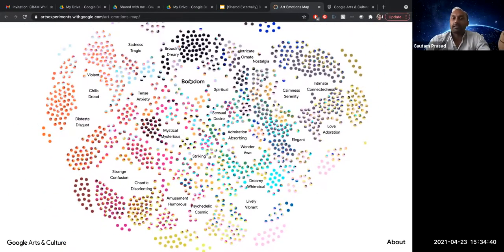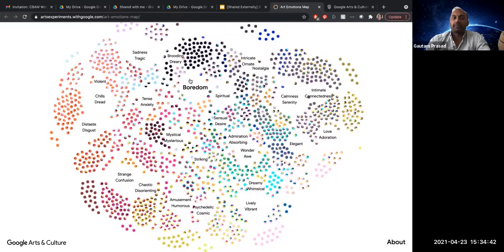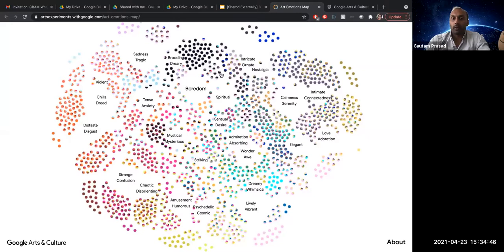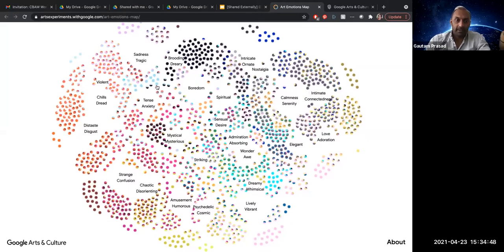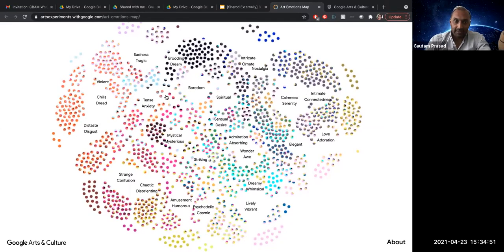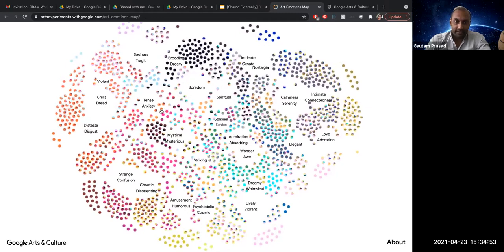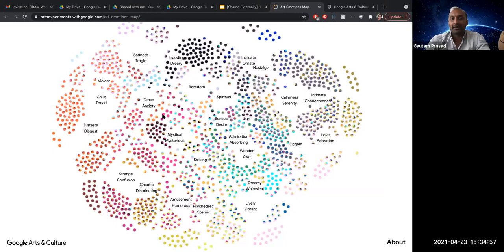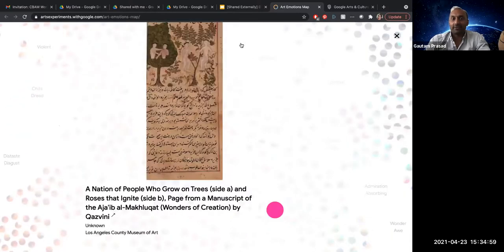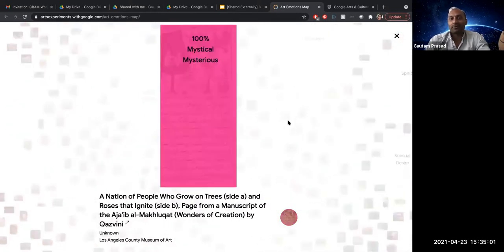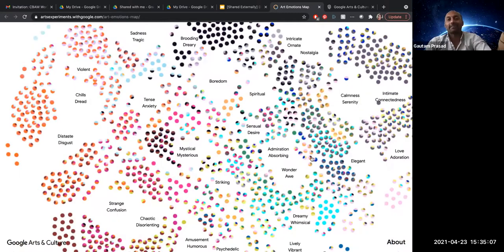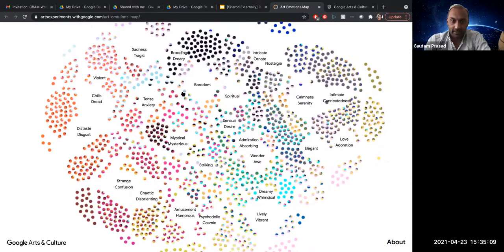matches that type of annotation, but it also is a pretty nice way to understand how artworks relate to one another. So you could look at, like, between tense and anxiety and mysterious. That's a really complicated set of relationships. And then you can look at artwork that exhibits those really high-level human ideas. Or you could look at something at the